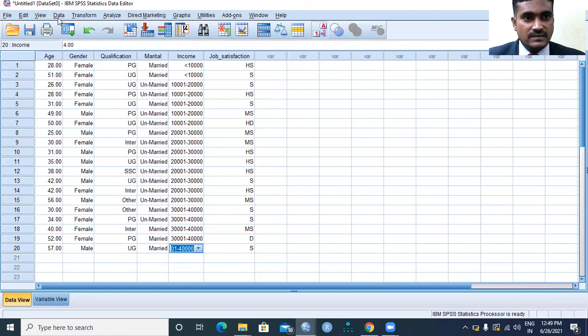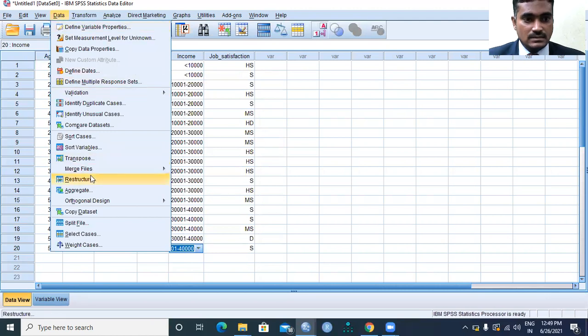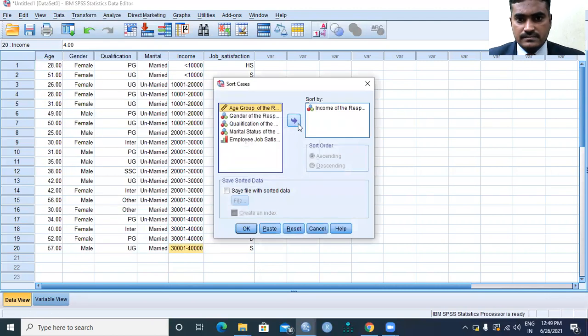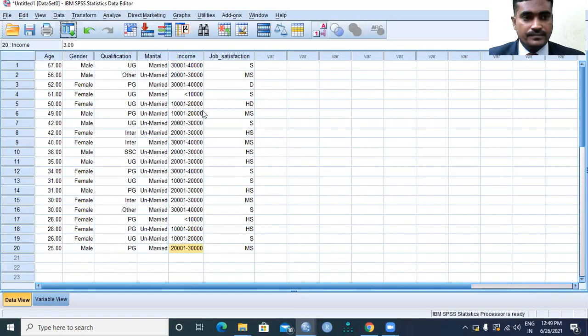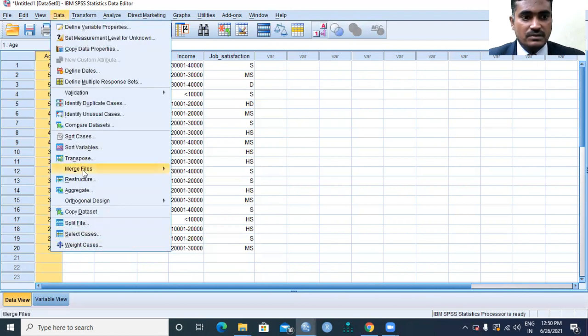Likewise, we can sort in descending order also. Sort Cases with respect to age group in descending order, and now you can see the highest age to the lowest age of the people. That is what we call descending order.